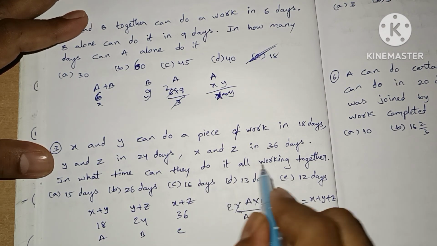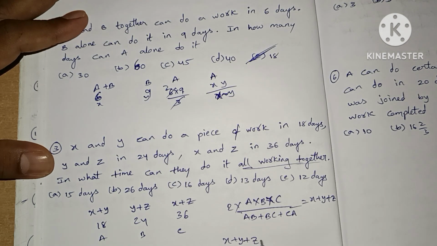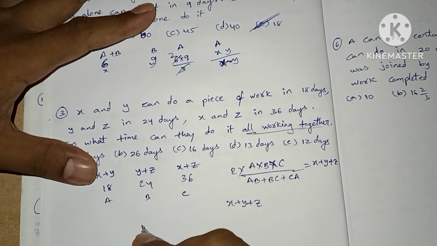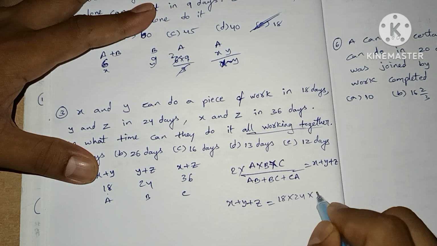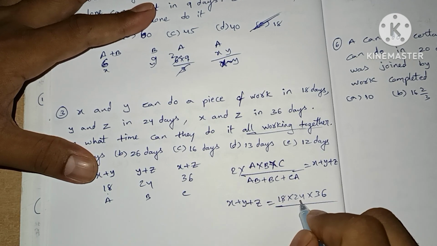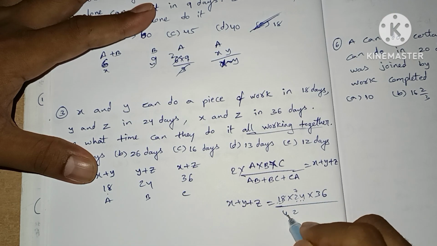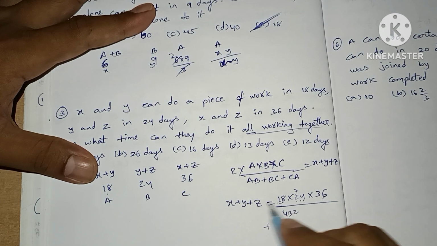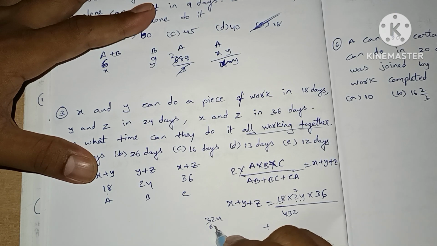What we need to find is all working together, so x plus y plus z in how many days. According to the formula we need to write 18 into 24 into 36 whole divided by 18 into 24, which is 432, plus 18 into 36, which is 648, and